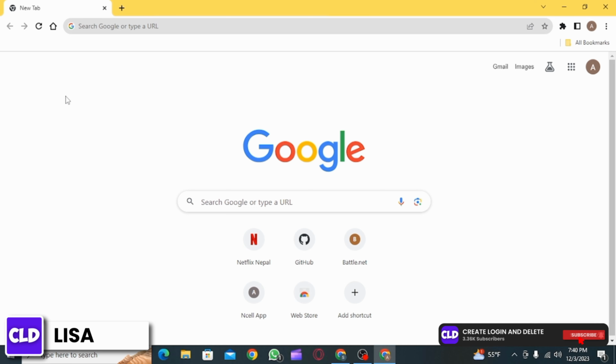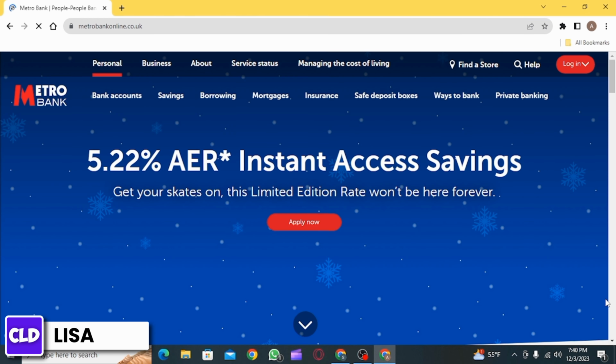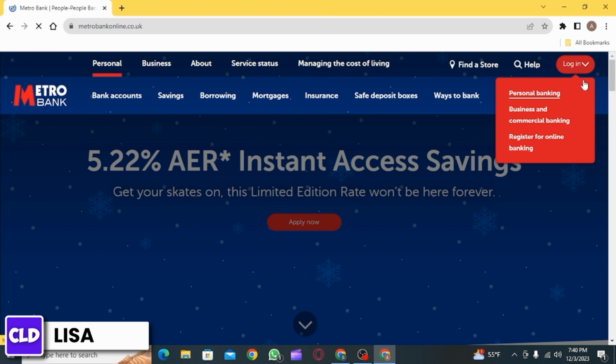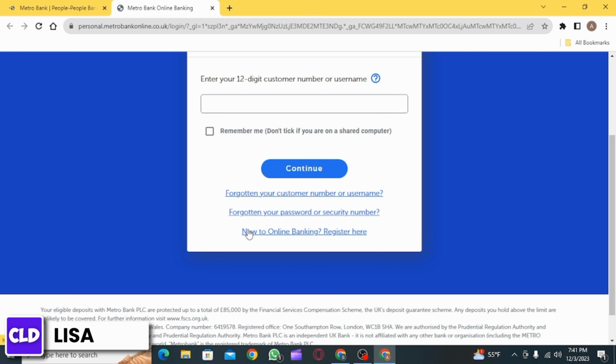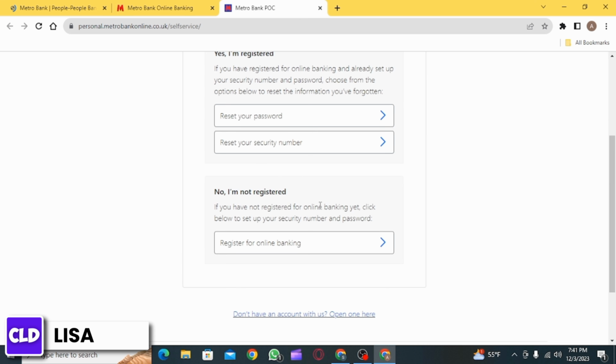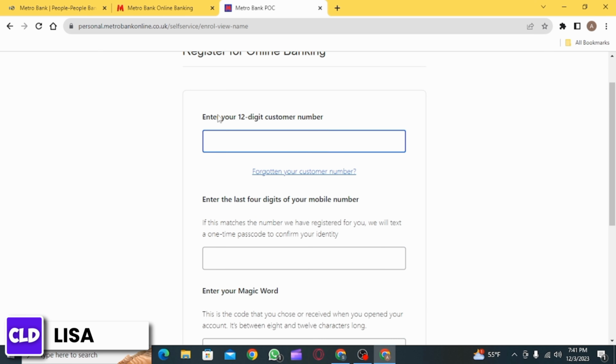First, open up any web browser you want and now on the search bar type metrobankonline.co.uk and press enter. Now click on login and from here select personal banking. Once you're here, you want to click on New to Online Banking Register Here option. Now click on Register for Online Banking option, and once you do that, it is going to bring you to